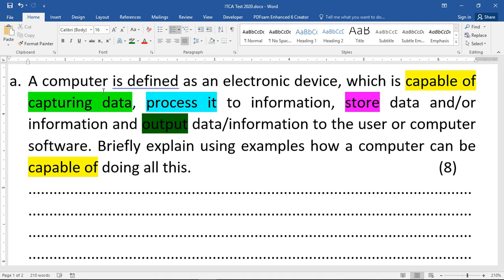And then you can give an example. You can store movies, you can store your research data, you can store your assignments in all those devices. And how can a computer output? Through the use of visual display units, speakers, LEDs and so forth. We have several computer devices or peripheral devices that can be used by a computer to